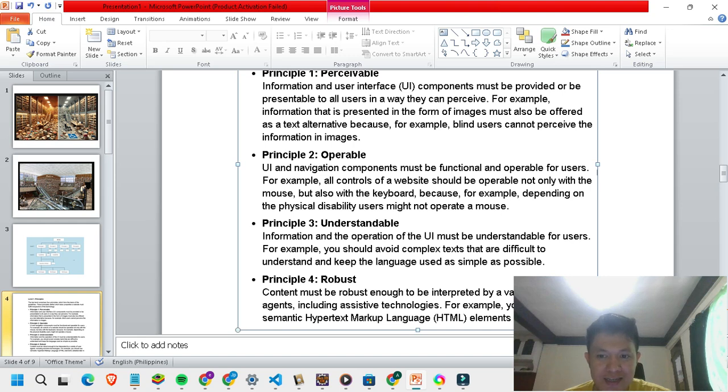Understandable: the text must be understandable. The color must have enough contrast to be readable, and of course, the content must be simple and easy to understand.